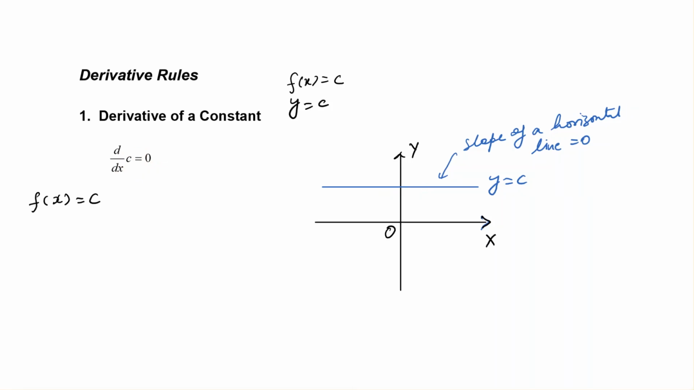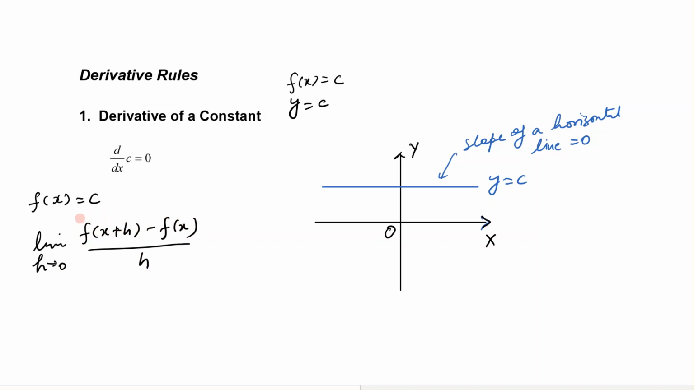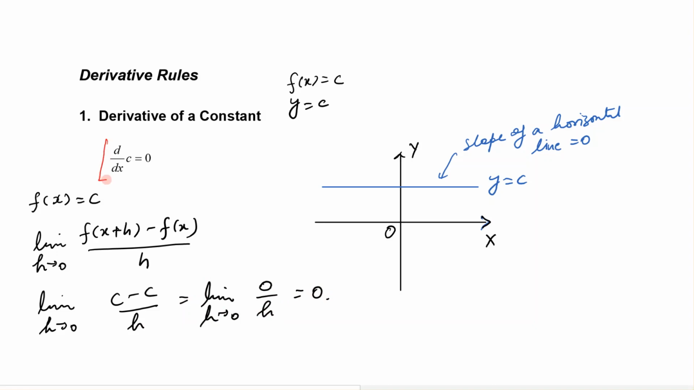Another way of thinking about this formula is, where does it come from? We can talk about our delta method. If I try to find the limit as h approaches 0 of f of x plus h minus f of x, over h, and I plug in the value of the function here, since the function is c and it is independent of x, in the next step you will get c minus c over h. So the limit as h approaches 0 of 0 over h is just 0. That's why we have this very important result that the slope of any constant is 0,